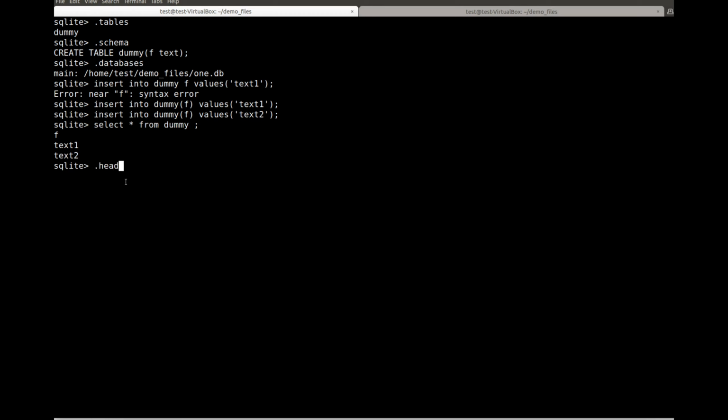By default, headers is off, as you'll notice on your particular shell. That's why when you run the select statement, you'll see an output like this. By turning headers on, we'll see this as the output. The column name will always be displayed. In case you want this to be the default behavior,